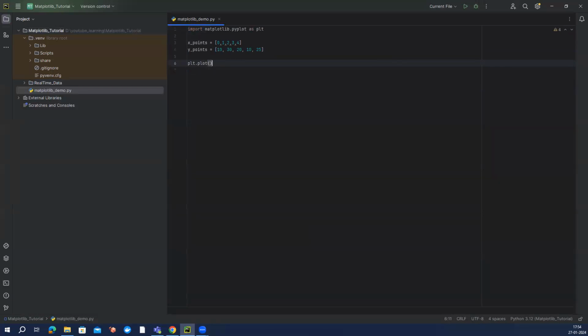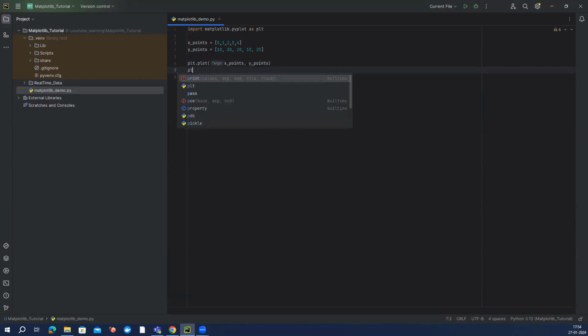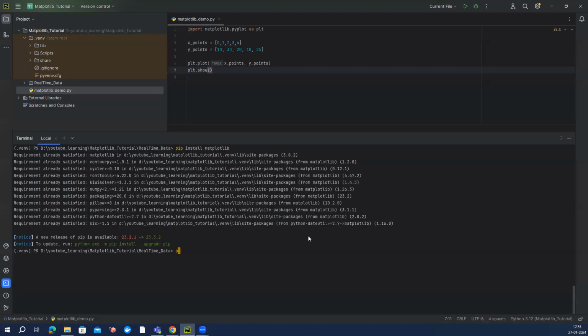This is a very simple graph, and you have to feed in two arguments: x_points, the x-axis, and then y_points. For the rest, I'm depending upon the defaults. And the next thing you have to do is plt.show. That's it. And if I go to the terminal and run this,